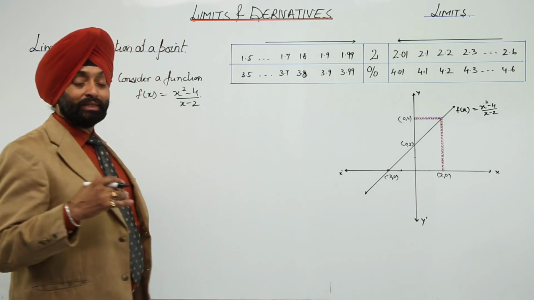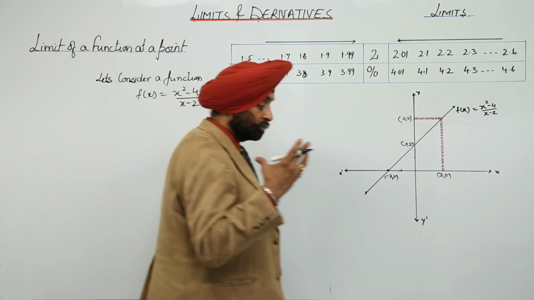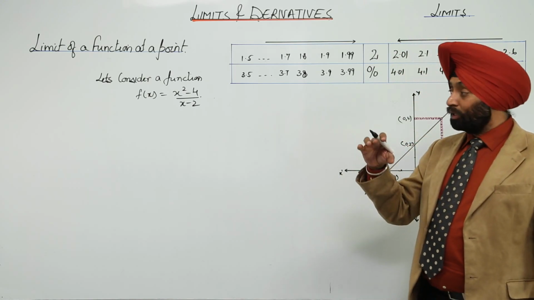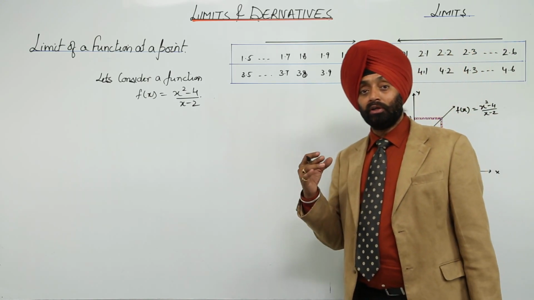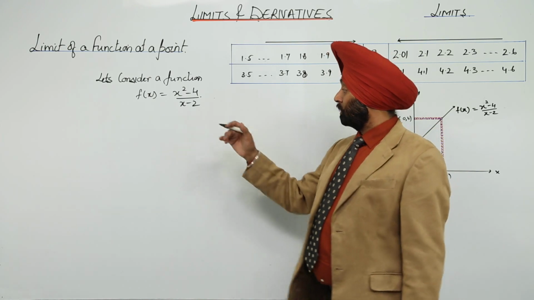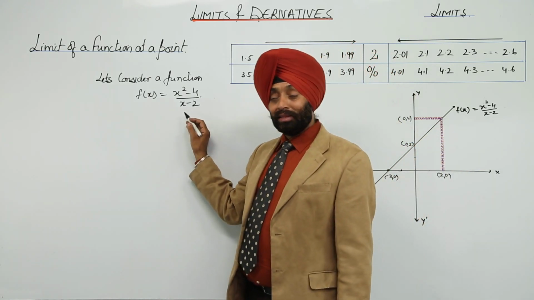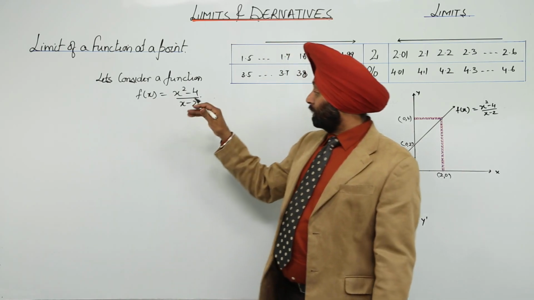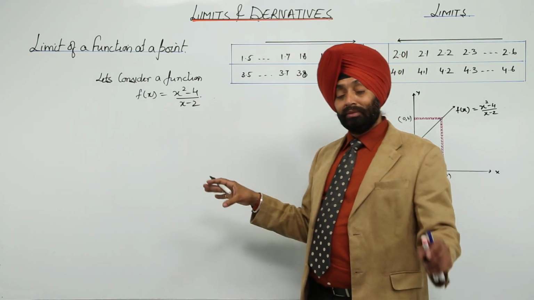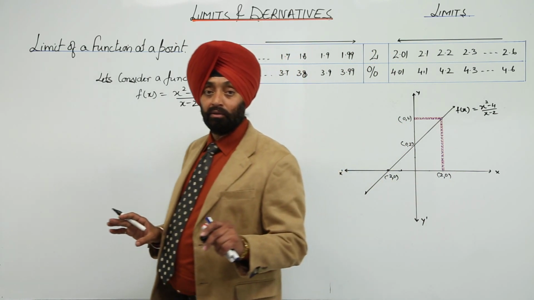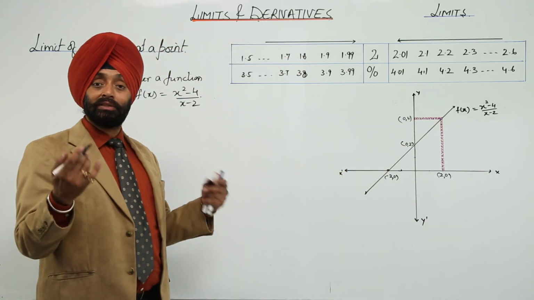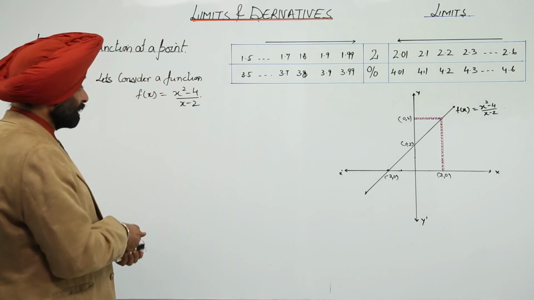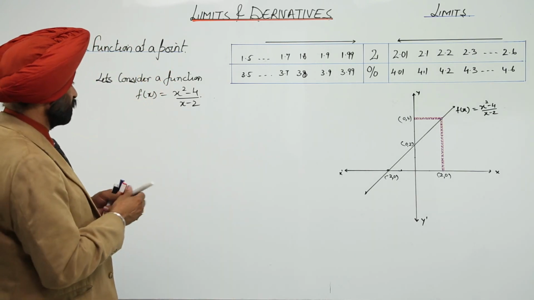Here it is clearly visible to us that if in the place of x we put the value 2, then we get 0 upon 0. It means if we put the value 2, the function is not defined. This is a basic thing we discussed in limits right in the beginning. Now just look here, step by step I am going to give you a dictation for this part.